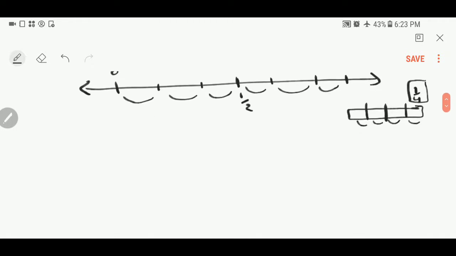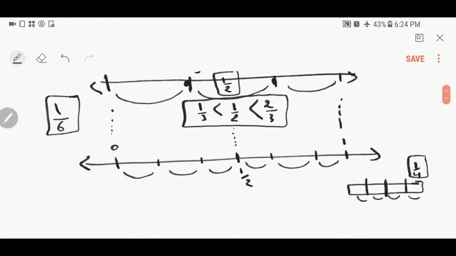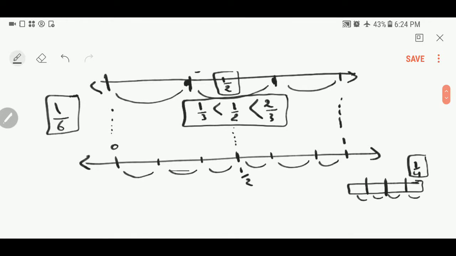Okay, back again, finishing up the example. So we're still doing 1/6. We already cut the line segment from 0 to 1 into 6 equal pieces. So this is 0. We start from 0, and then the first section is 1/6, right? And then the second one will be 2/6. And then the third one will be 3/6, 4/6, 5/6, and then